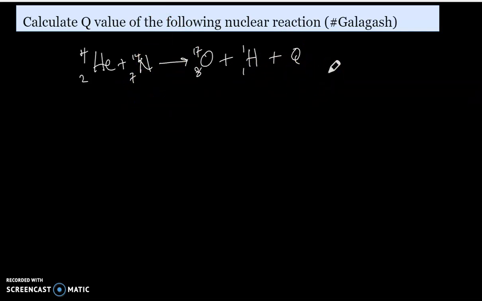Of course, when you are given this kind of question, you will be expected to know the mass of helium, the mass of nitrogen, the mass of oxygen, and the mass of hydrogen. Usually these are constants and will be provided to you. So let us have the masses. What is the mass of helium? In this case, let's take